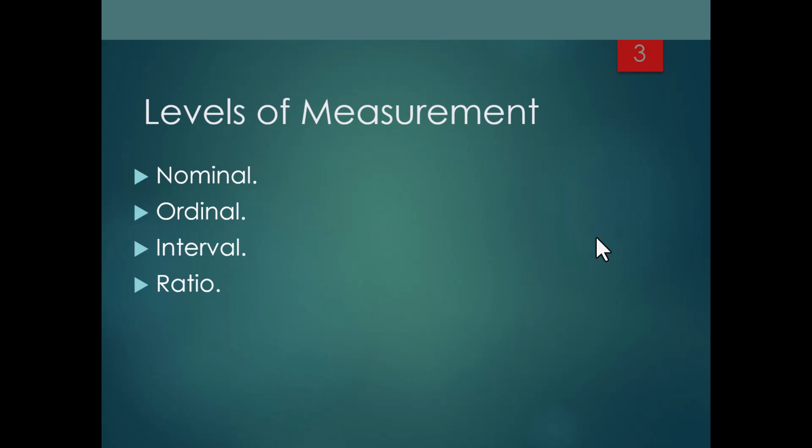Variables measured at the ordinal level are assigned numerical values that can be logically ranked. So with ordinal level variables, those numerical values actually have meaning. So for example, an ordinal level variable would be, for example, Likert scale. So how likely are you to pass this class? Very likely, not likely,